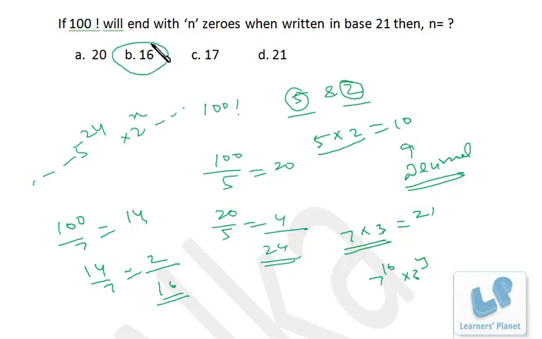So, a pretty simple but twisted question. If you are conceptually clear about the base system, then you can solve this problem very easily. If it is written in base 22, then you have to see 11 and 2 combinations, obviously. So for any other base, you need to break up that base into co-prime factors, and after that follow the same procedure. Getting my point? In decimal we use 5 and 2 because 5 into 2 is 10. In the 21 system we'll use 7 and 3 because 7 into 3 is 21, which is 10 in the case of base 21.